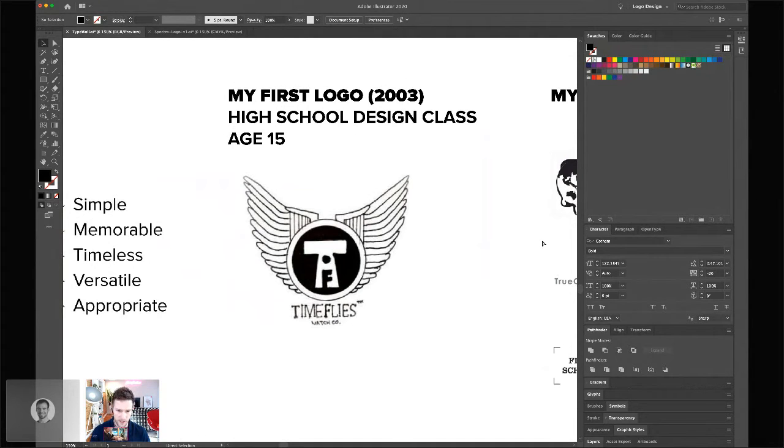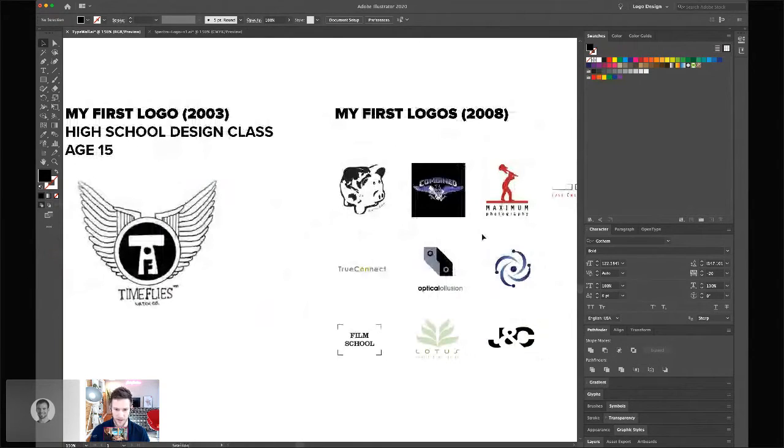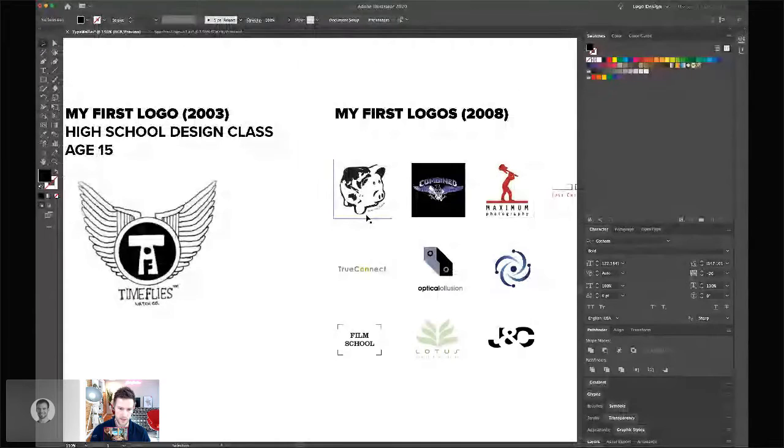And some of these principles may not apply. So these are my first logos. I dug them up from my archives. Some terrible, terrible logos. Some good ones that I don't know where they came from, but these were the earliest ones I could find. So as you can see, extremely detailed. It doesn't actually match the